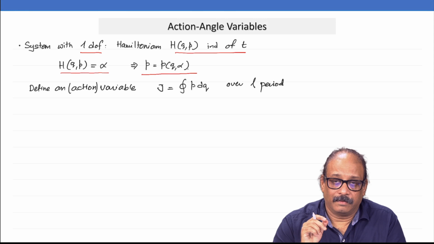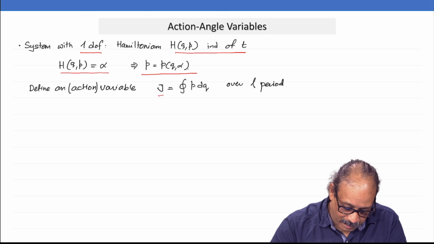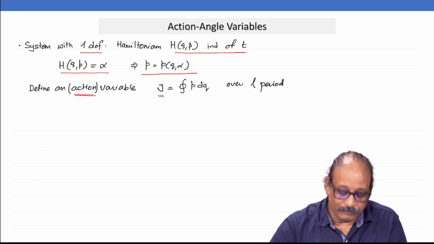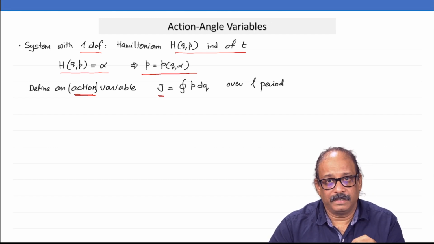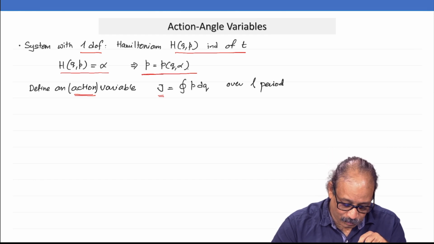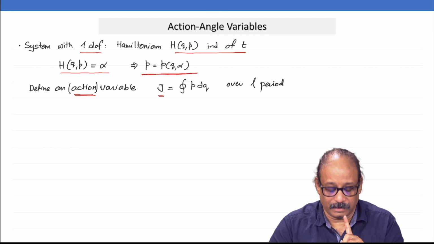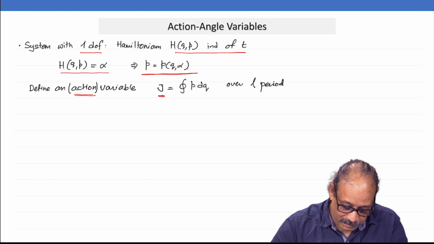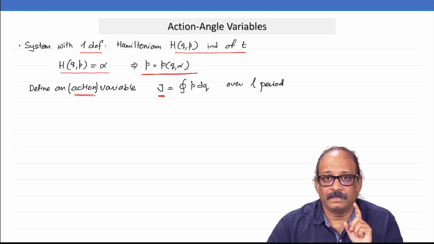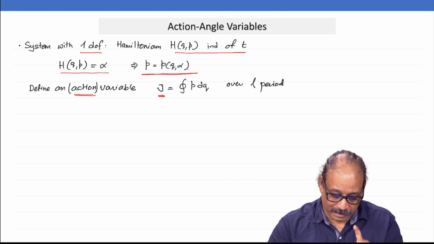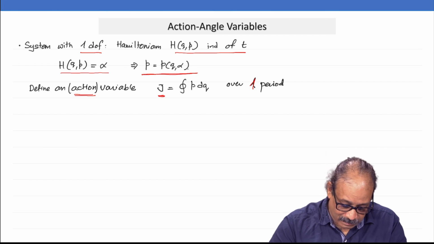Now, I am going to define, remember we are talking about the periodic motion here. So, I am going to define a variable J, which we will call the action variable, and define it as the integral of p dq. I can do this, remember, because I already know p in terms of q and alpha. Okay, alpha is just one constant. So, this variable J, remember that integration with that circle there means over one cycle, or one period of the periodic motion, and call that variable J.